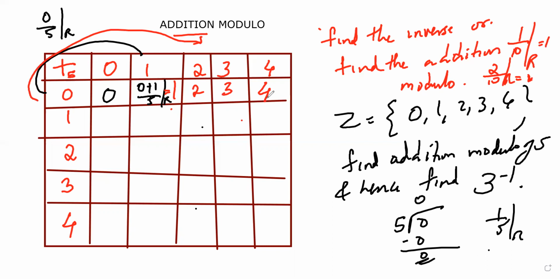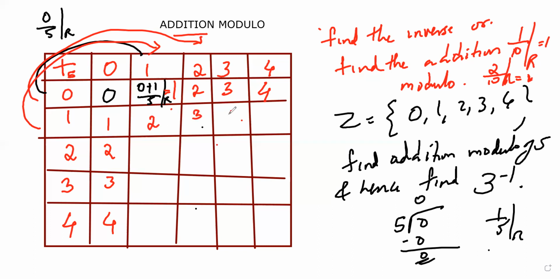And one more shortcut which I want to teach you now is the same thing. 0, 1, 2, 3, 4 is there. You can write it here. 0, 1, 2, 3, 4. You don't need to do anything. Next thing what you should do is either you can do 1 plus 1, that is 2. So 1 plus 1, this one and this one, 1 plus 1 by 5 remainder. That is 2 by 5 remainder is what? 2 itself.